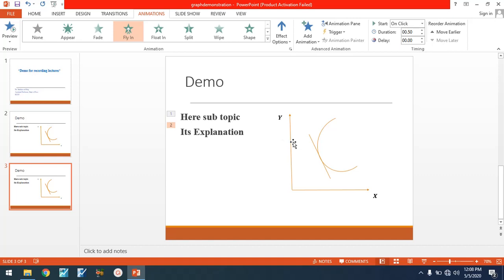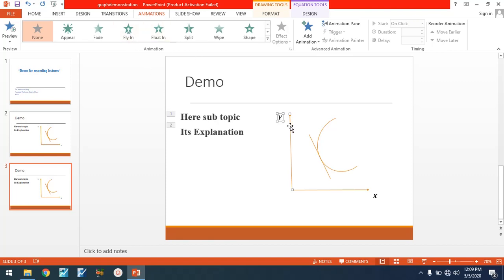Now if we want our graph or diagram to also come in parts on screen, I selected the vertical axis and its denomination.